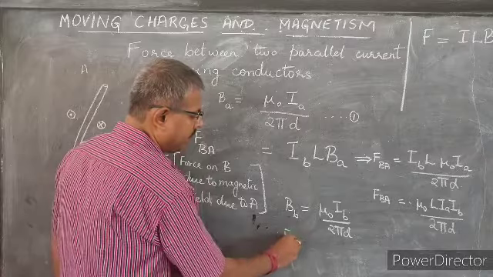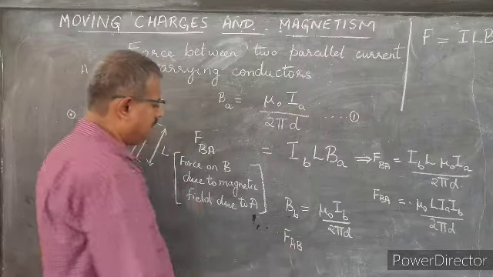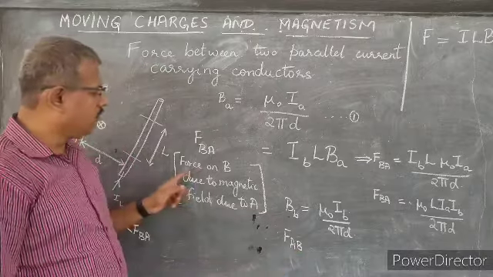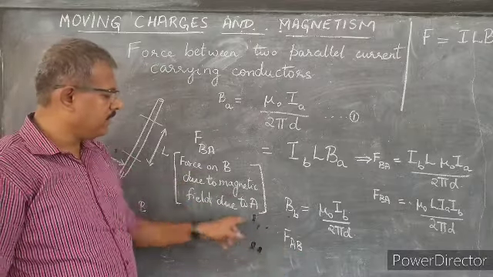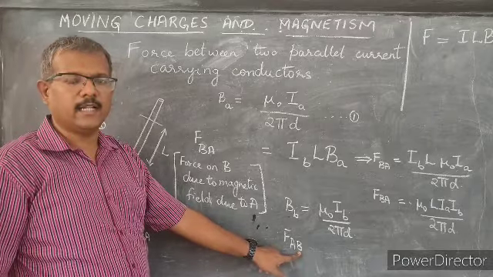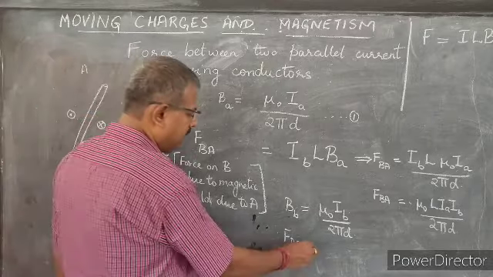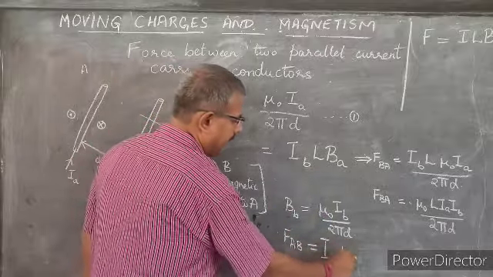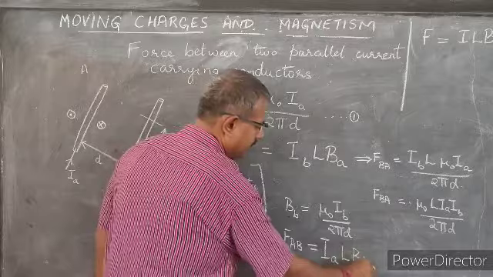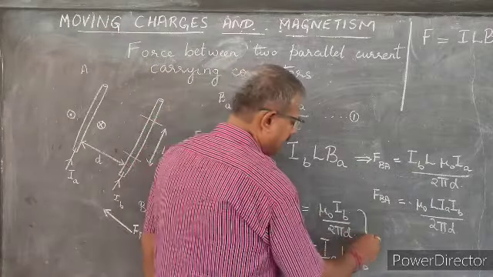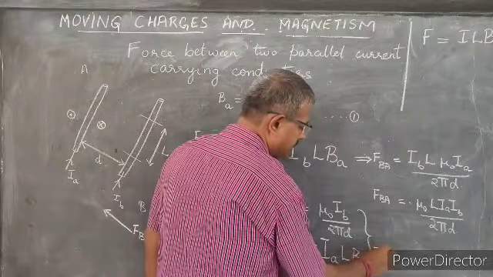Now if I call it FAB, based on the same definition, FAB will be the convention to say force on A due to the magnetic field due to current carrying conductor B. So FAB will be IA L BB. So I substitute this over here and that gives me